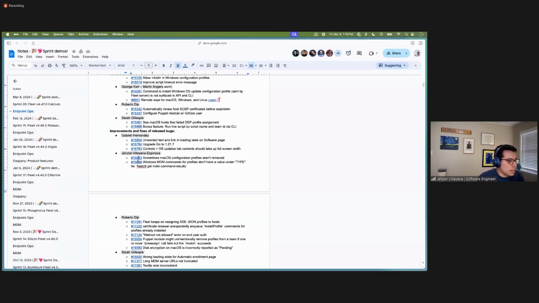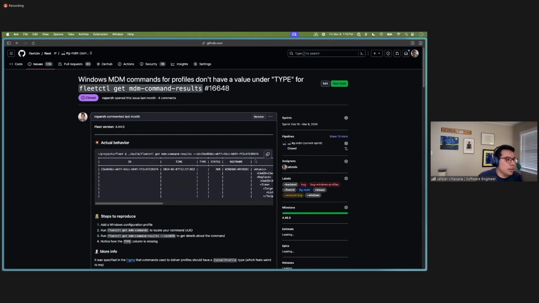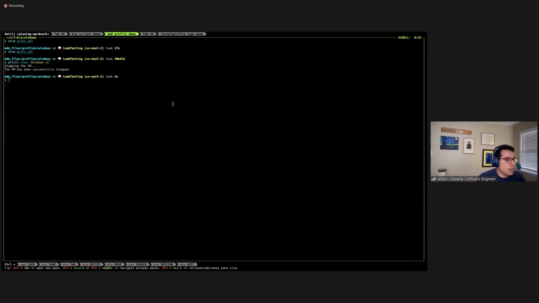All right, and then yeah, so we have this one about including the type for MDM commands for Windows profiles. So you can see this is what the previous state looked like. The type column here, when you fetched the command results from fleetctl, was empty for Windows profiles. So now